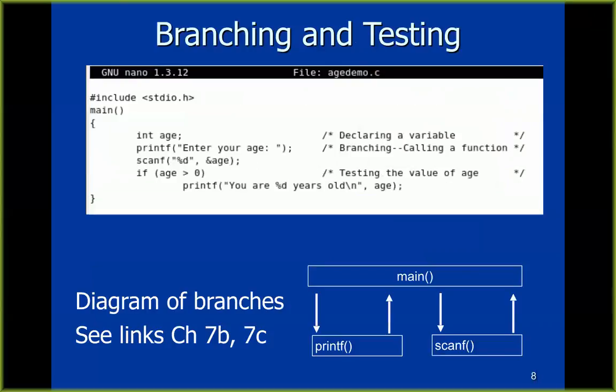So here's branching and testing. So you can input a number. Now, when you input something, this is one of the things about C. You have to tell it what you're going to get. So I'm telling you, I'm going to get an integer called age. And then I put it on a message, then I scan it. I have to tell it that that's an integer. You have to tell it you're going to read a value and store it somewhere. You have to tell it where to store it and how big it is. Then you read it. If age is greater than 0, it prints something. Otherwise, it doesn't print it.